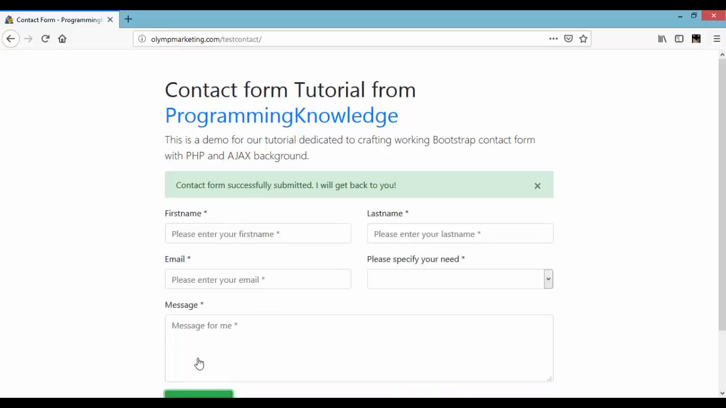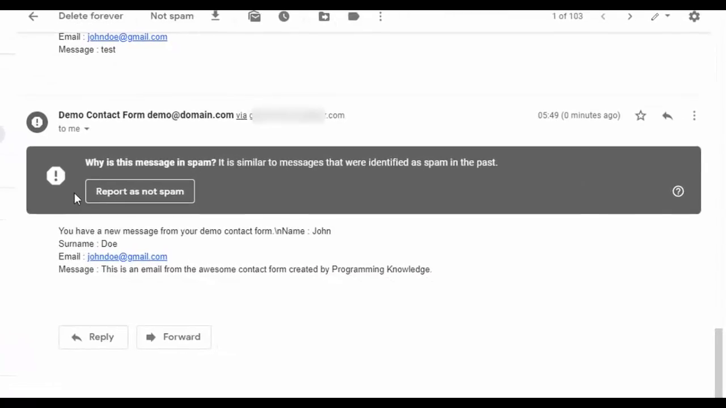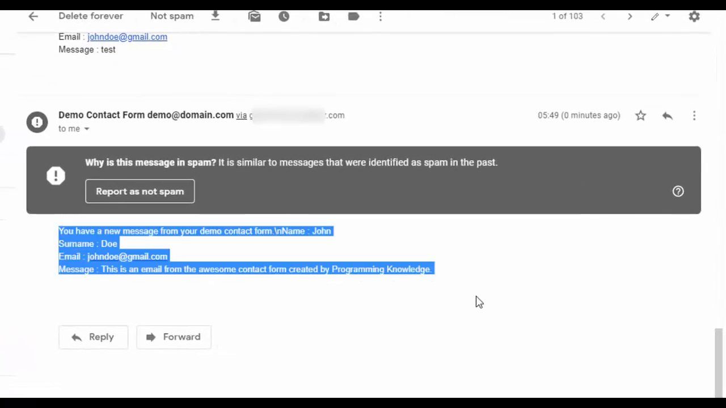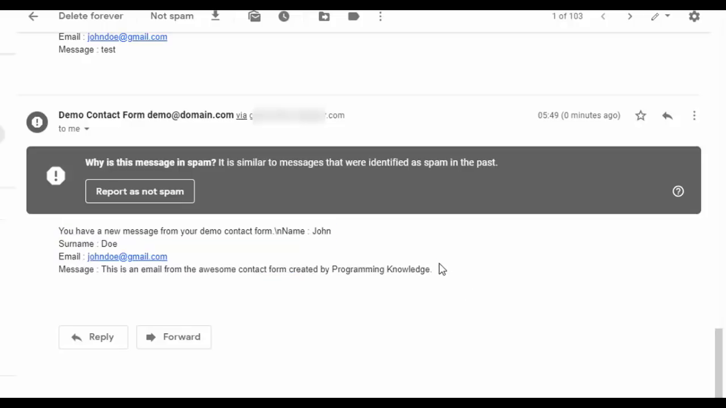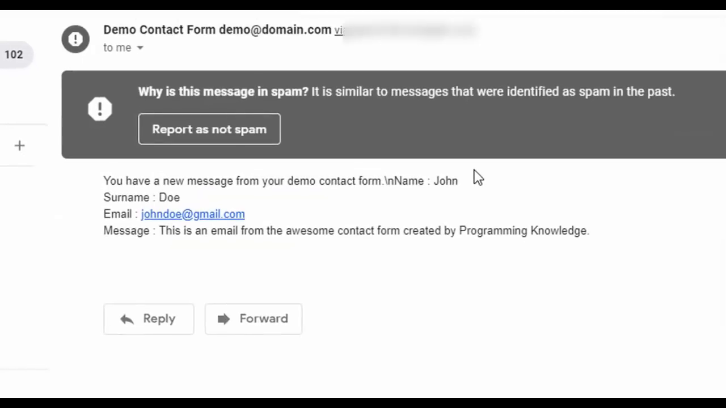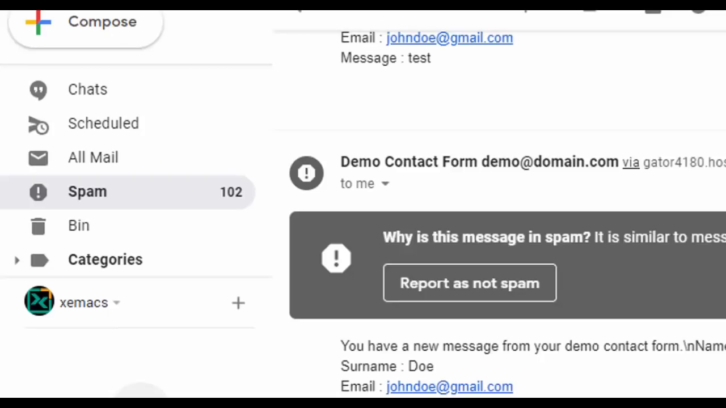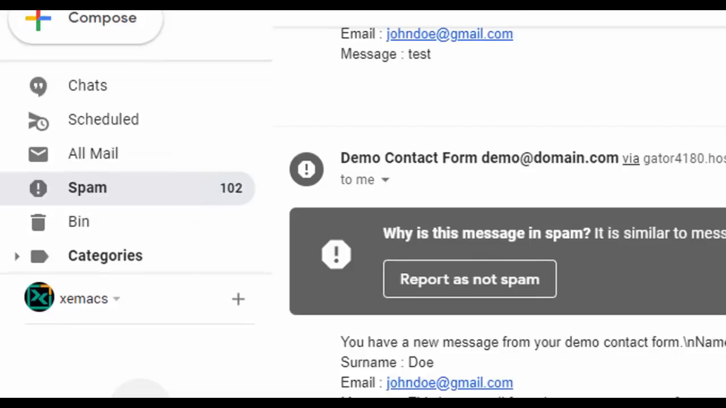Okay, so we have here the nice looking alert, contact form successfully submitted. I will get back to you. So we'll check the email if we got the email from this form. So we have here the test email that we have sent from our contact form. If you can't find the email in your inbox, you can check your spam folder, because sometimes or most of the time, if you have unrecognized domain, it will always end up